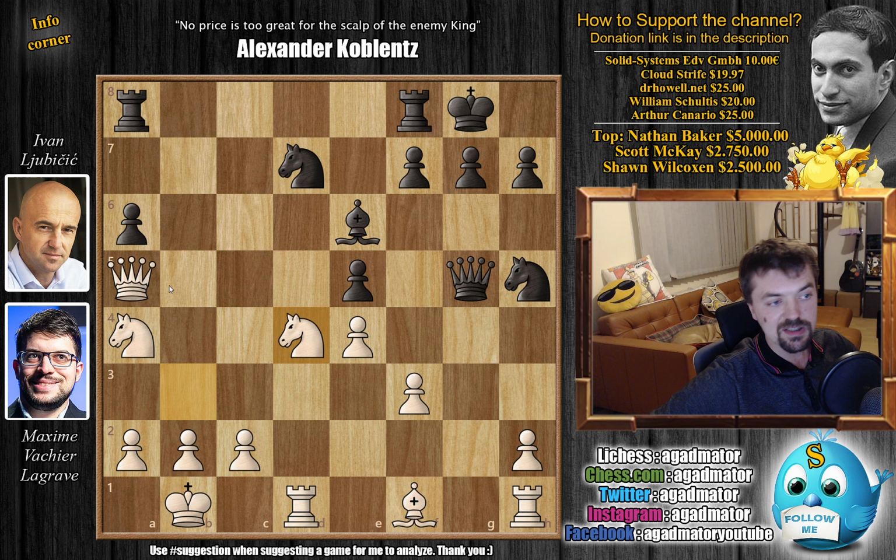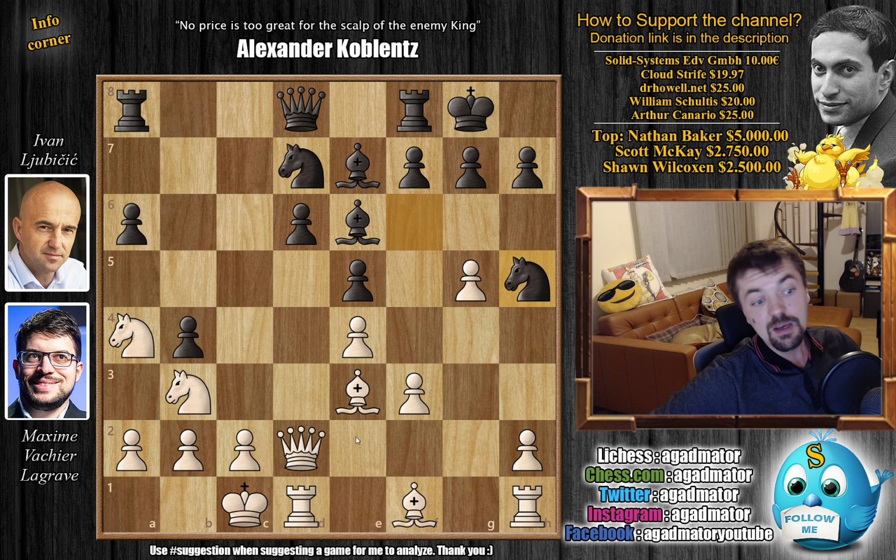You do not allow black this expansion in the center, because now if it captures, the queen on g5 is hanging. But those are the intricacies of this Najdorf craziness in this position. But okay, rook to g1,